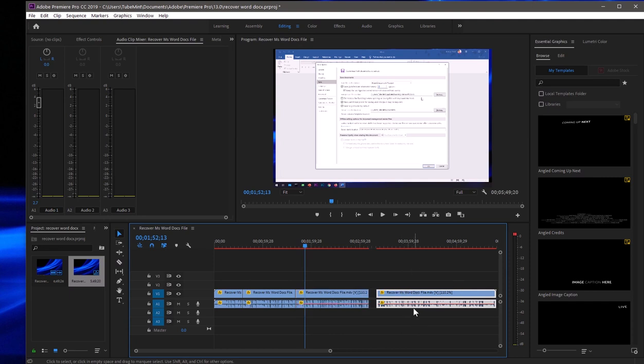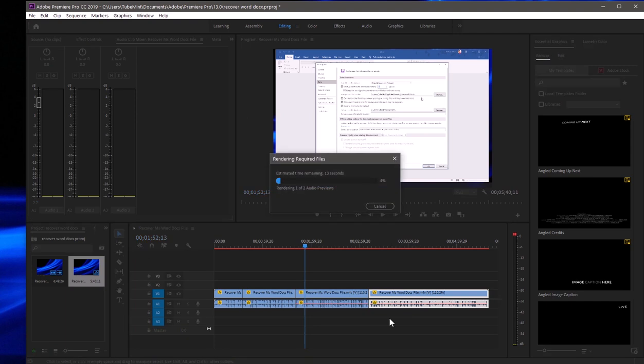Alright, so now you can see this got separated. Now I will have to adjust it, and then you just press the space bar and it will start rendering to just sync everything. So this is how I speed up videos in Adobe Premiere Pro CC 2019,